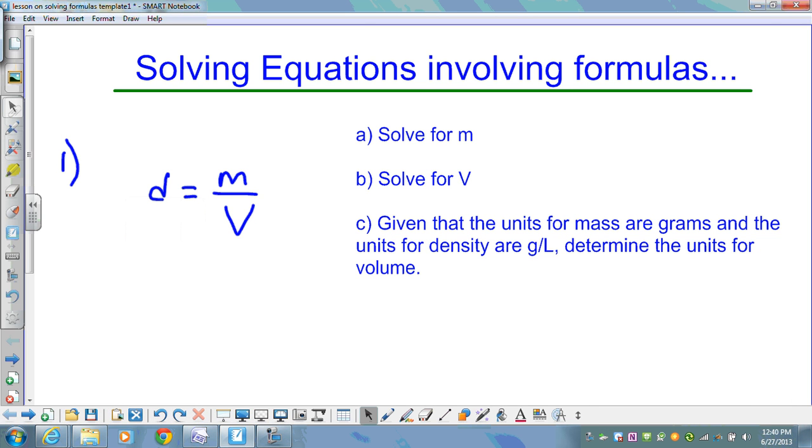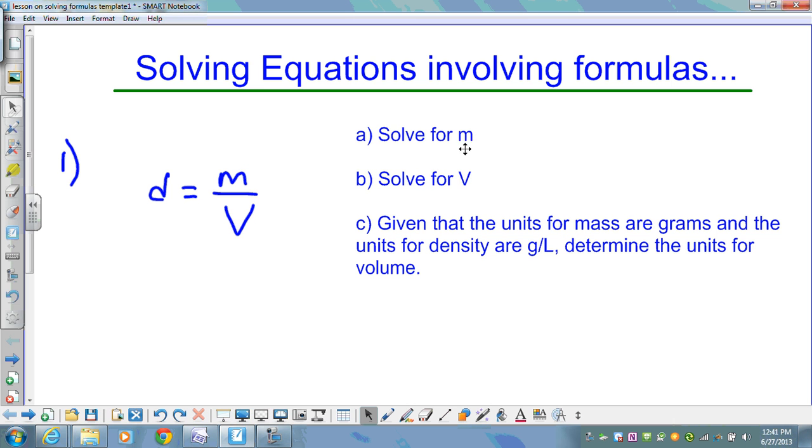In this lesson, we will review some techniques to solve equations. We will specifically take a look at equations that you might encounter in your Intro to Chemistry classes. Let's begin. Our first example is D equals m over v, and in part A we're going to solve this